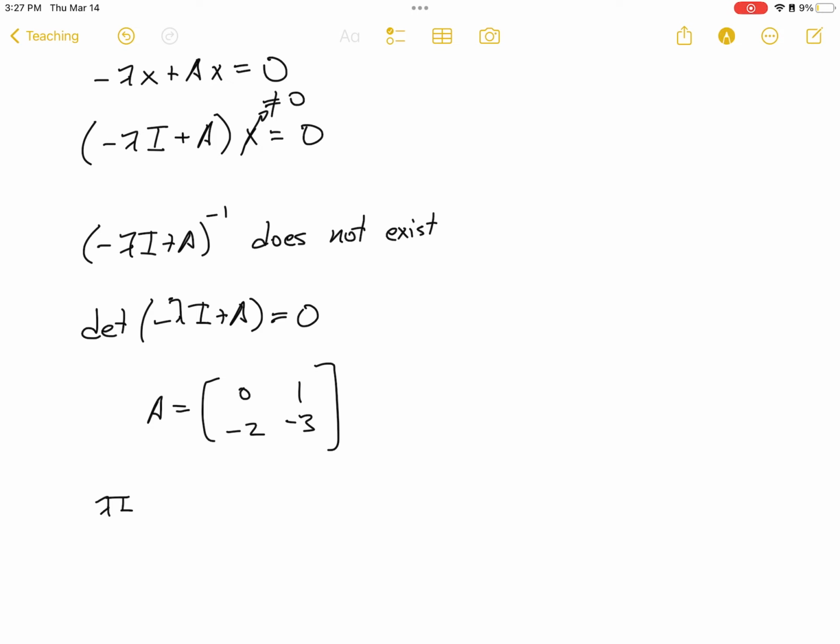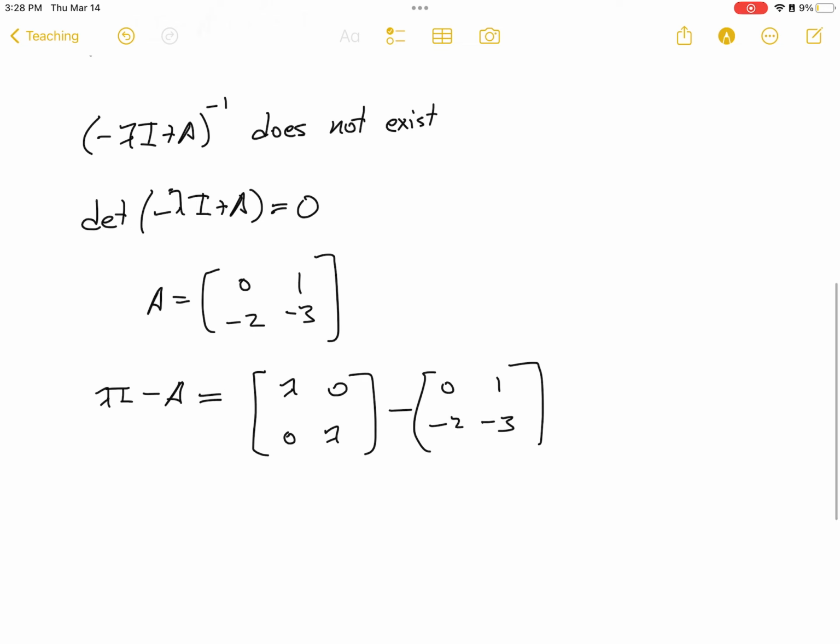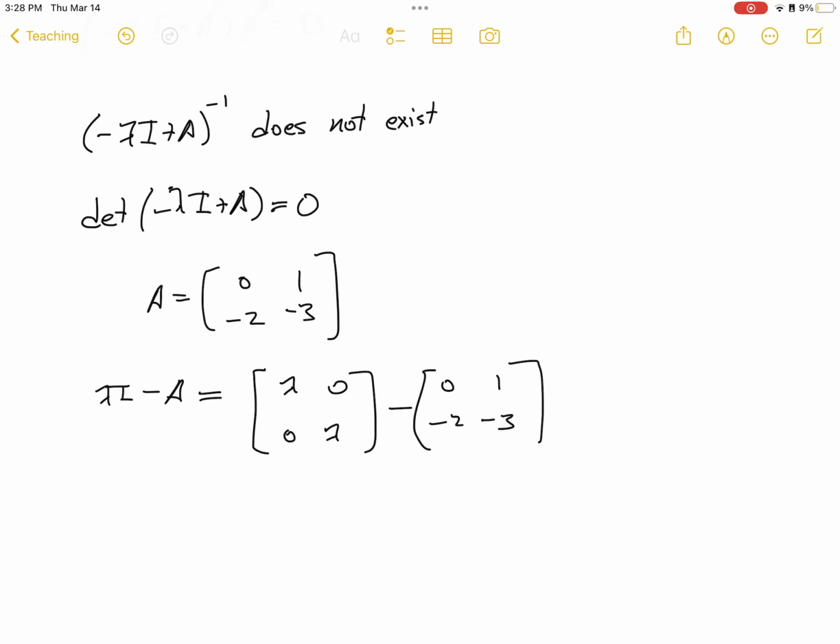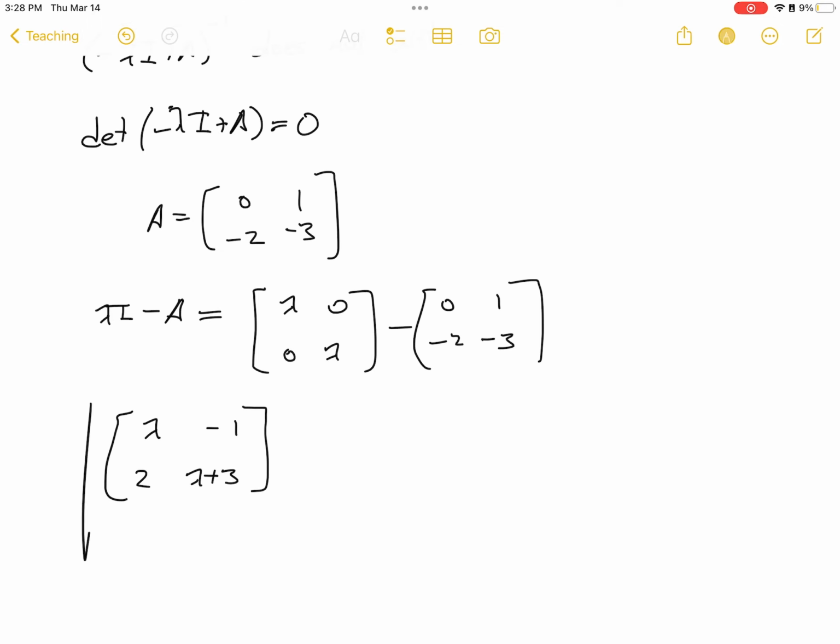So lambda I minus A is equal to lambda, 0, 0, lambda minus the matrix A, 0, 1, minus 2, minus 3. And so that's going to equal lambda minus 0, 0 minus 1, 0 minus minus 2, and lambda minus minus 3, lambda plus 3. And so the determinant of that, which we can also mark by these big absolute value signs, is going to equal